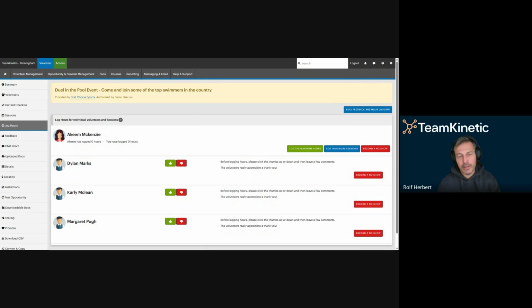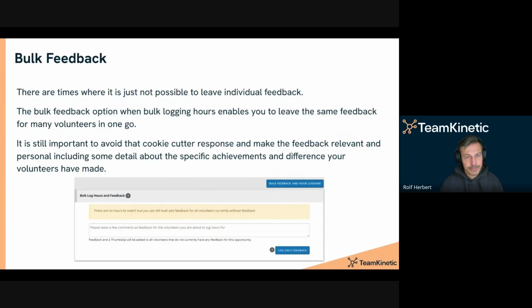So for your providers and yourselves, it's part of the opportunity management page, and you're looking for the log hours section, and you'll see this sort of screen. The other alternative is to do bulk feedback. So we're just going to share screen again. So when you're doing bulk feedback,